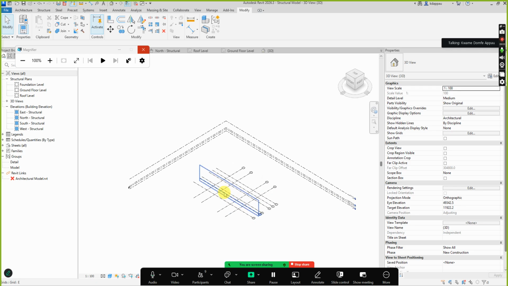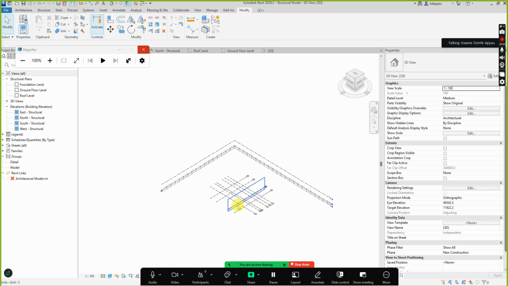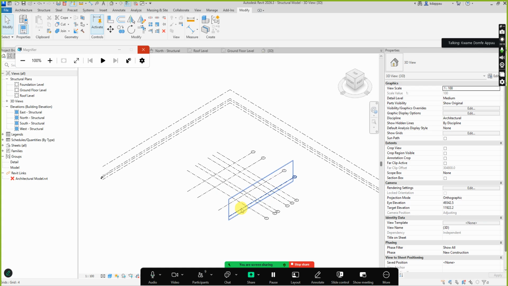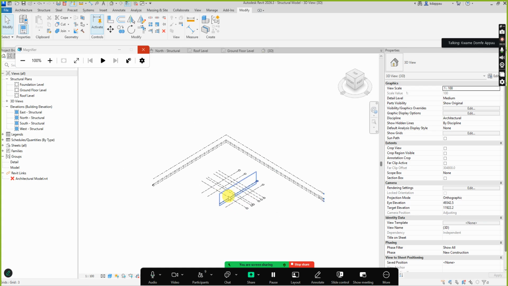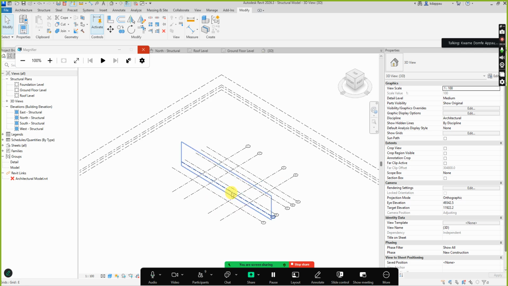Traditionally, when we do AutoCAD drawings and we want somebody to do the structural drawings for us, we export the AutoCAD drawings, the floor plans, the sections, the elevations to the structural engineer. Then the structural engineer will look at those drawings and generate the structural drawings by line work. But because we are doing Revit,